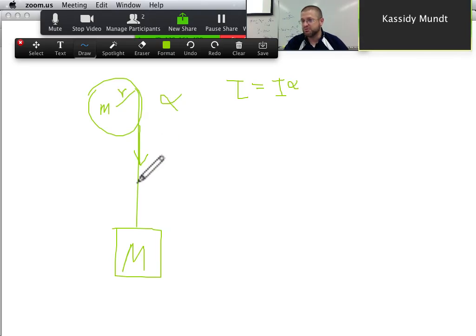And where does it pull also? Where does the tension also pull? It pulls downward on the pulley, but where else does it pull? Pulls upward on the block. Pulls upward on the block, and so that counteracts gravity. The tension always acts on either end of the object that has the tension in, right? So this one pulls upward on the block and downward on the pulley.